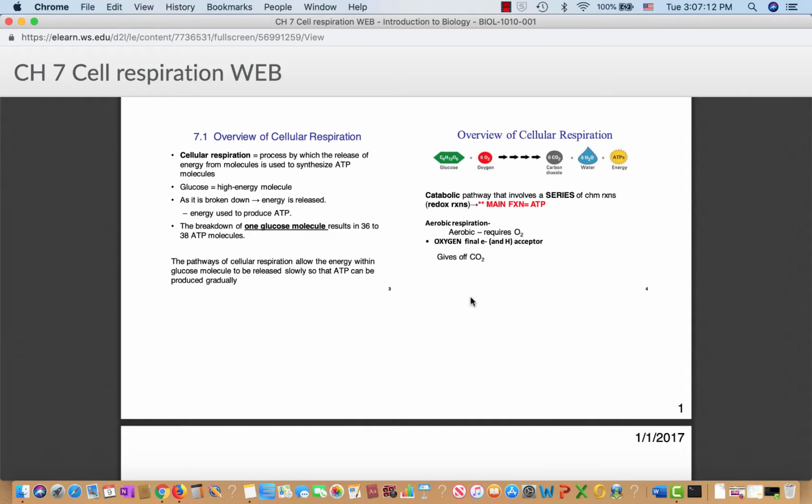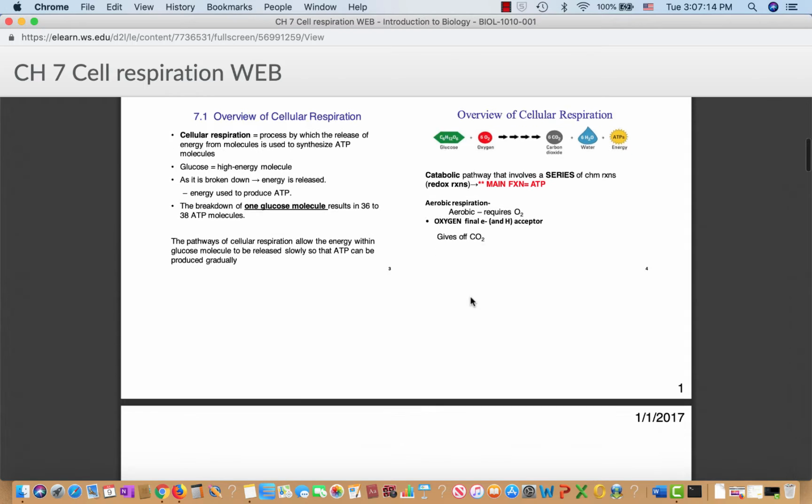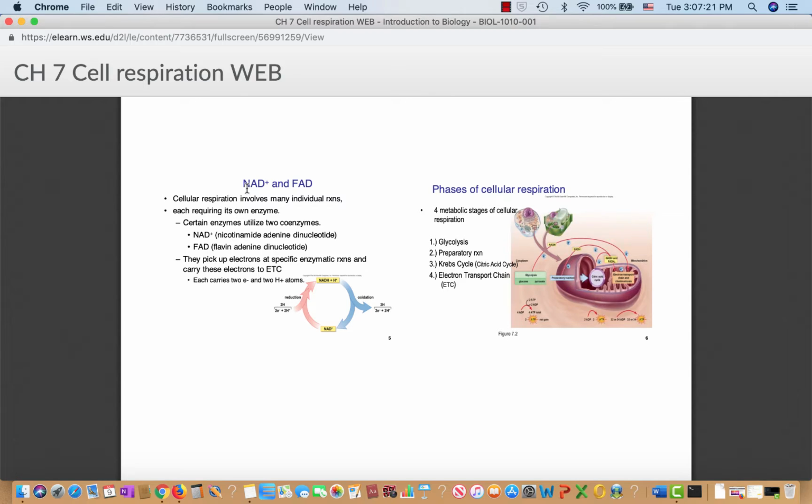Anyway, tangent concluded. We'll move on to NAD plus and FAD. These are involved in cellular respiration and a lot of the individual reactions. They each require their own enzyme, and they utilize